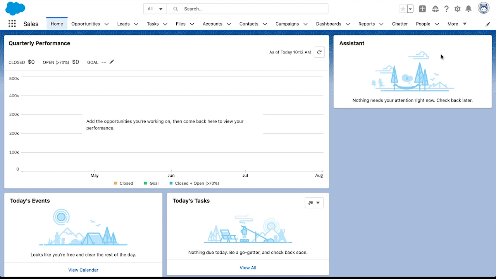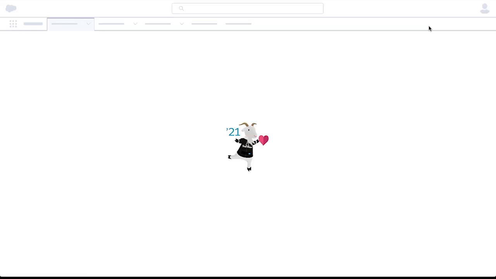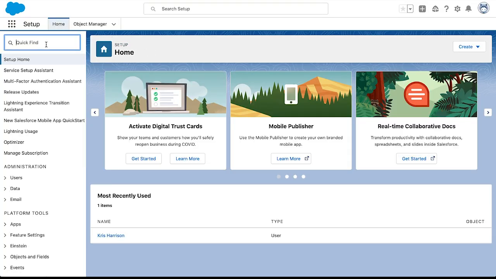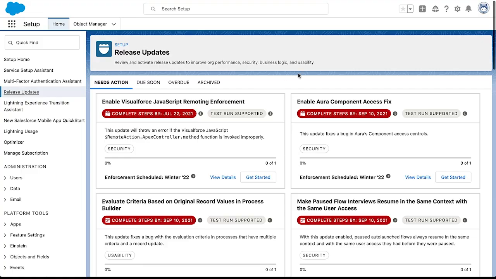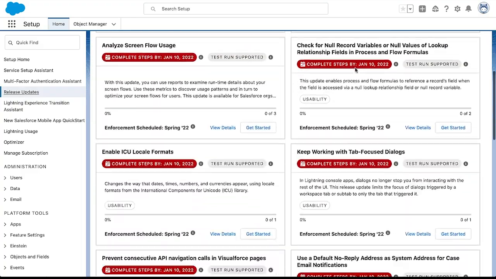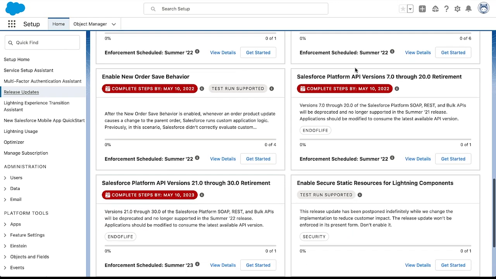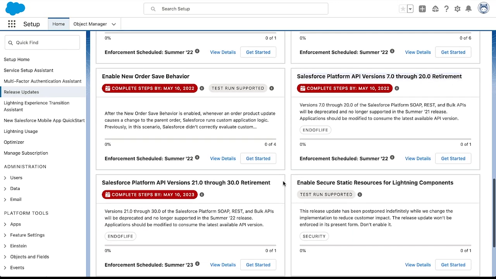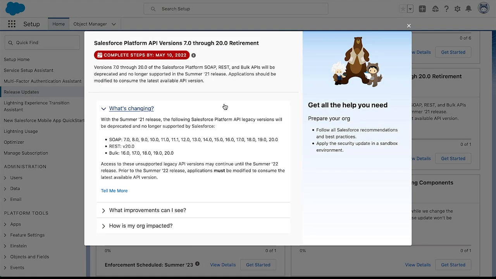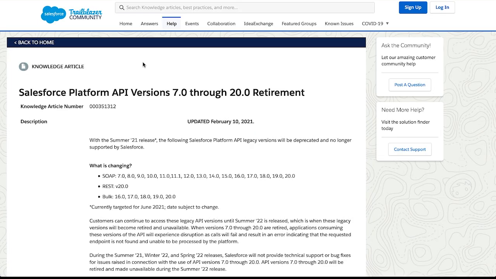Here I am in my org. I'll navigate to setup and then check out what's new and notable in the release updates area. Scrolling down, I see updates regarding the 2 upcoming API version retirements. Clicking View Details, I can access more information about the retirement and click through to a knowledge article with specific steps to take in order to manage the API request activity in my org. The latest resource to help stay on top of these API requests is the new API Total Usage event in